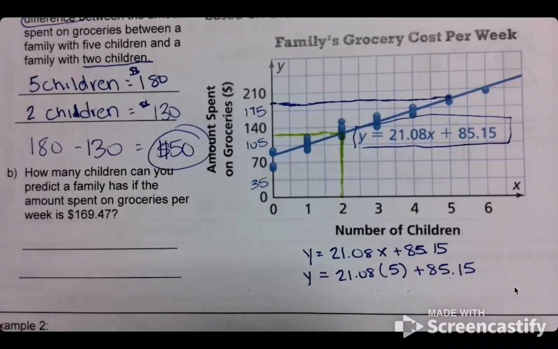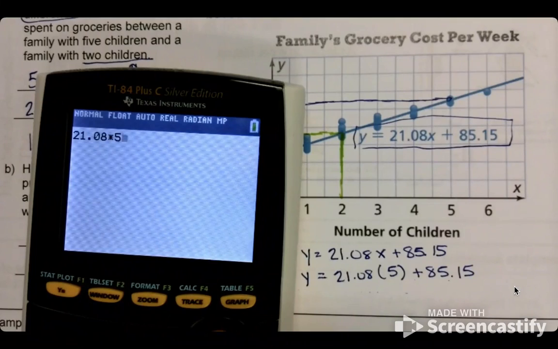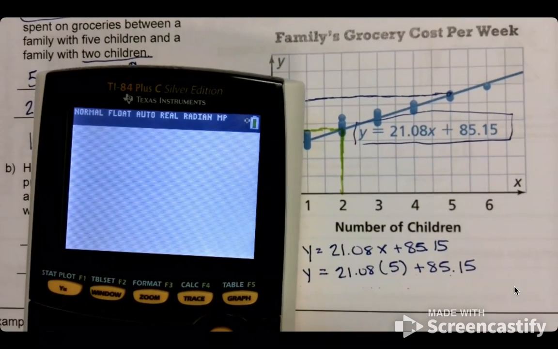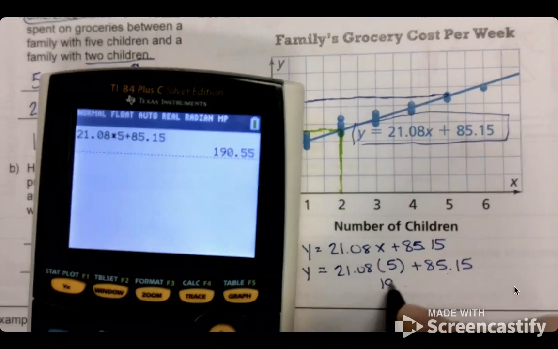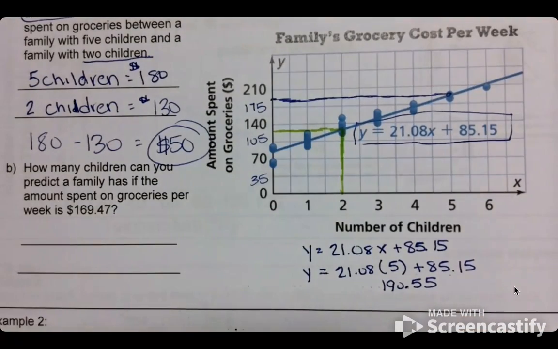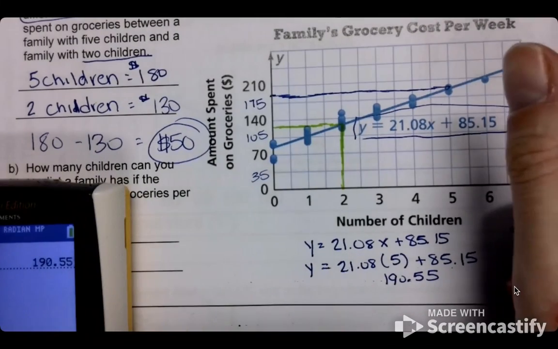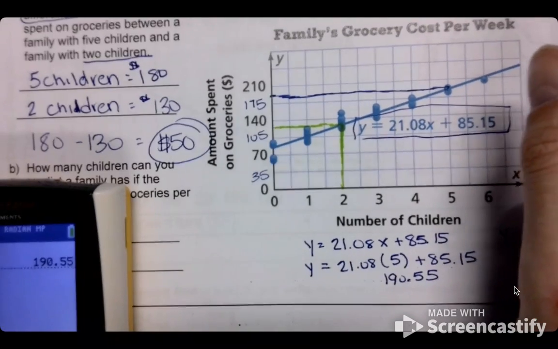And so if I plug that in my calculator, right, I got 21.08 times 5 plus 85.15. I got 190.55. Wow, we were a little off with our 180, weren't we? Oh, well. All right, if I do the same thing for 2 children,